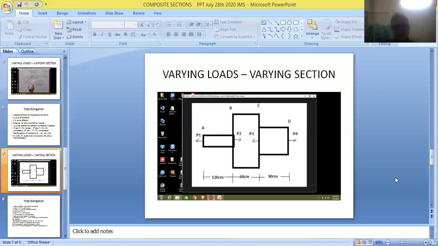So friends, in any topic, we need P values, L values, A values, and finally E values. So these are P, L, A, E. These are the four parameters, very, very essential for solving problems on all these topics. So friends, let us make a note of the equations pertaining to this third topic. Let us go to the next slide.